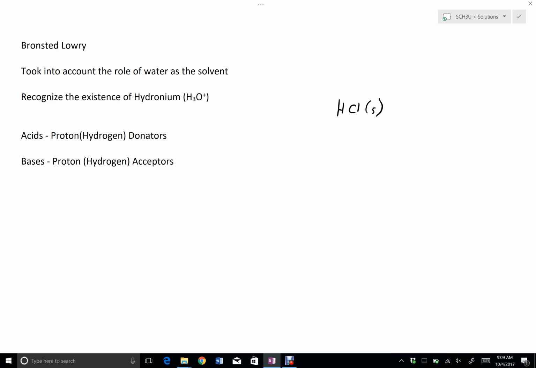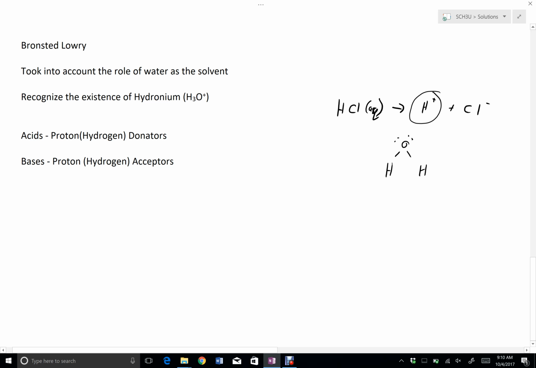And so what they realized is that water as the solvent for any acid or base must play a role in the properties of that substance being an acid or a base. So Bronsted and Lowry took into account the role of water as the solvent in an acid. Secondly, they recognized that if this was aqueous and so broke down into H+ and Cl-, in the real world H+ ions, or just a proton like that, doesn't just exist on its own in water, but instead that H+ ion will find a water molecule,